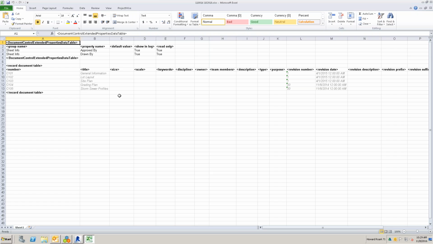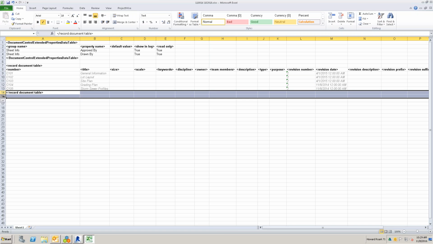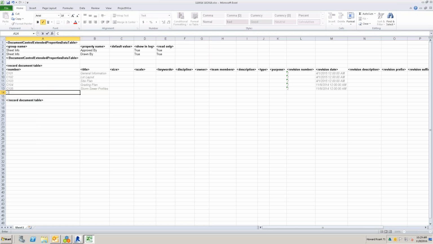They could even add, maybe the revision here should have been 2 for all of these, right? So I could just pull this in and say 2 and copy those down. And then maybe I needed to add some more sheets. Maybe I need to pull in